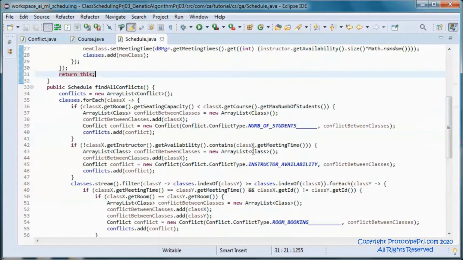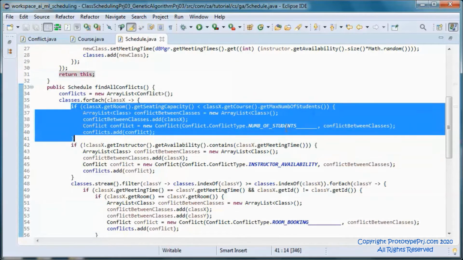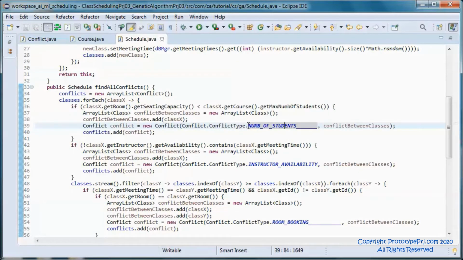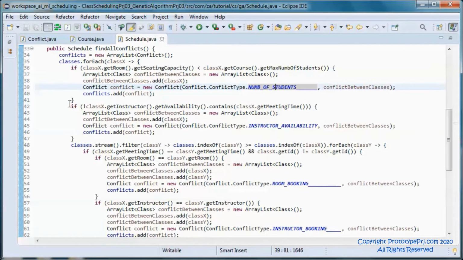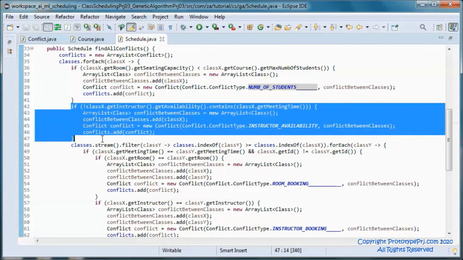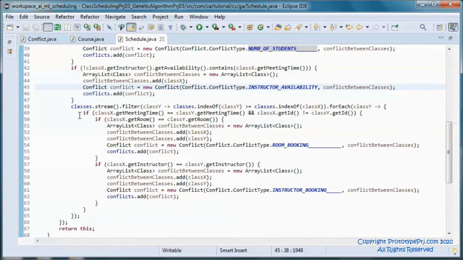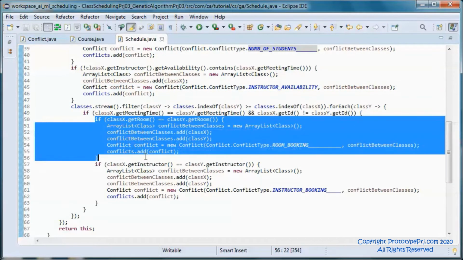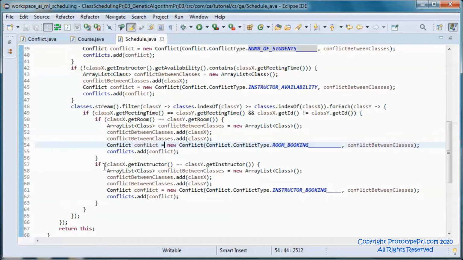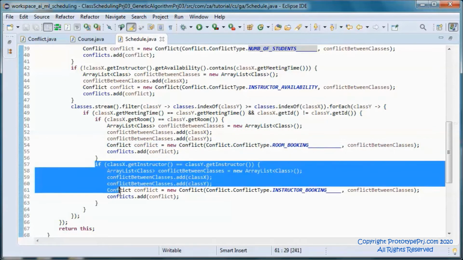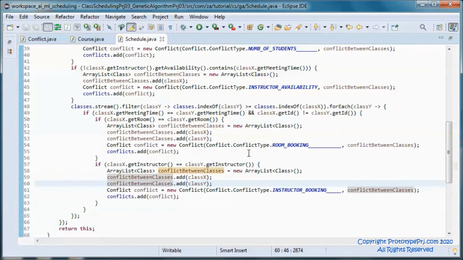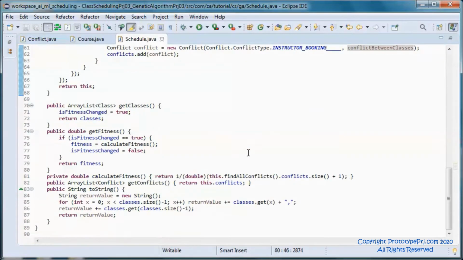So here we are handling seating capacity conflicts or a number of students, and here instructor availability conflicts and room booking ones and instructor bookings conflicts.